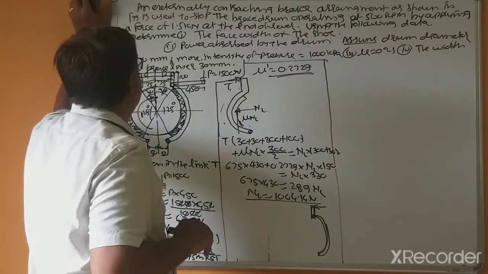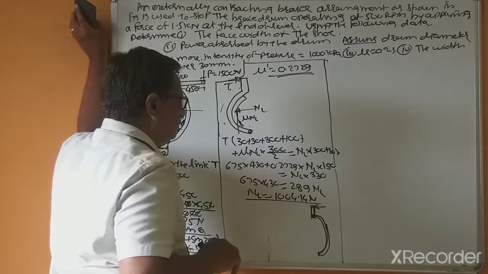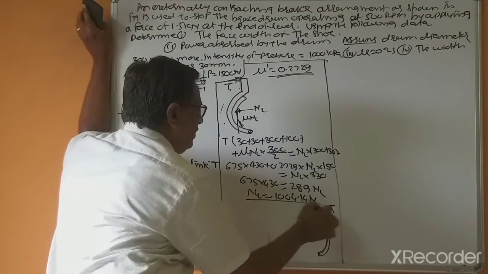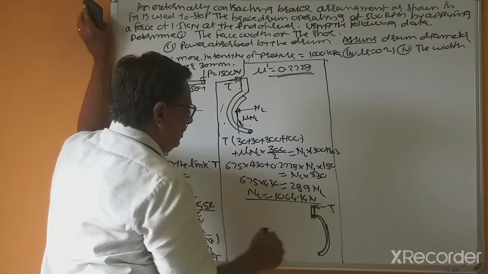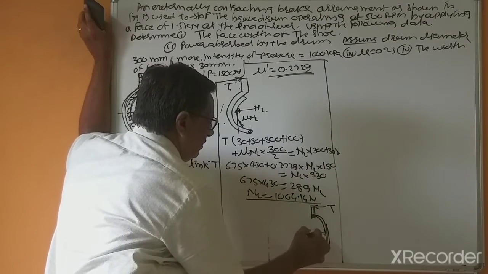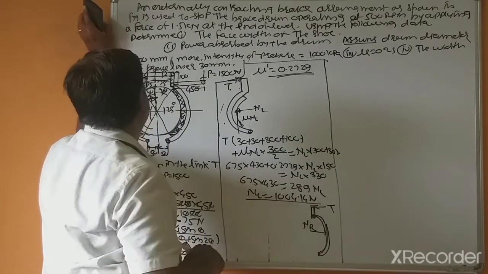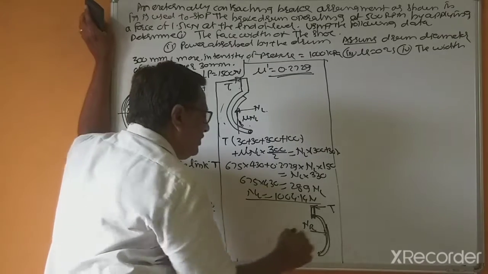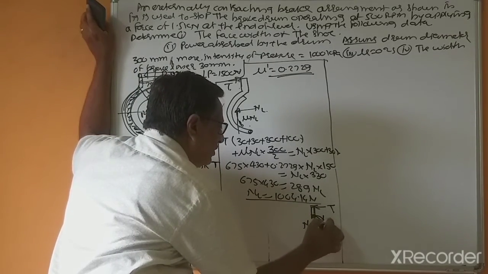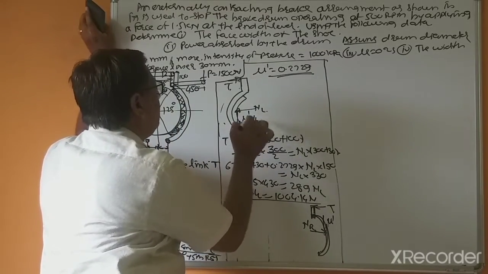So whatever may be, so this is T, this is right hand, and this is clockwise. So that's why this is downward. So this force is mu dash into